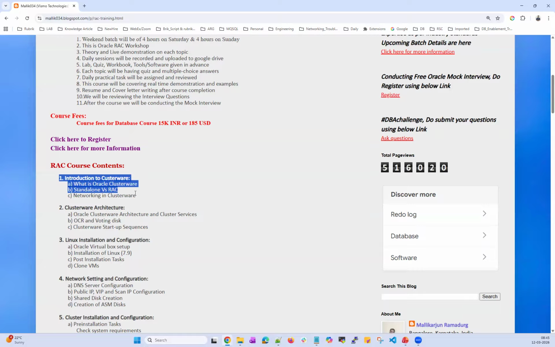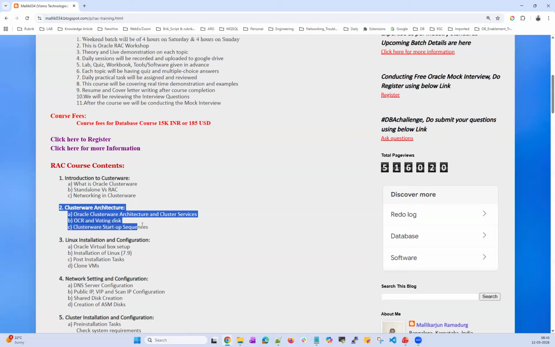We'll go with the basic definition, followed by an in-depth understanding of the RAC architecture, how it works from the init daemon to cluster daemons and OS processes,